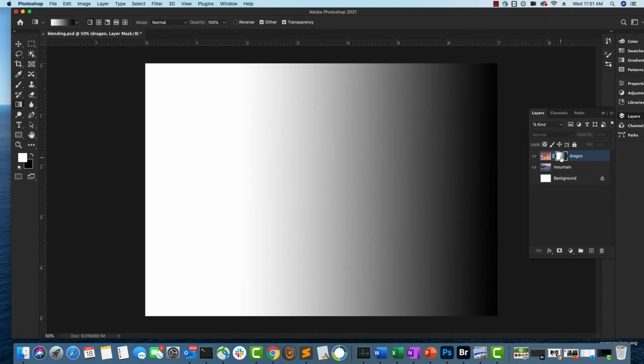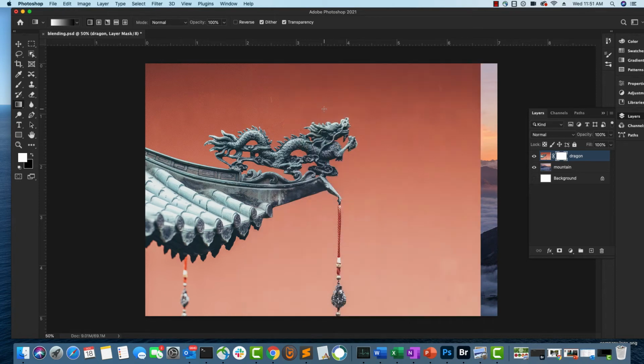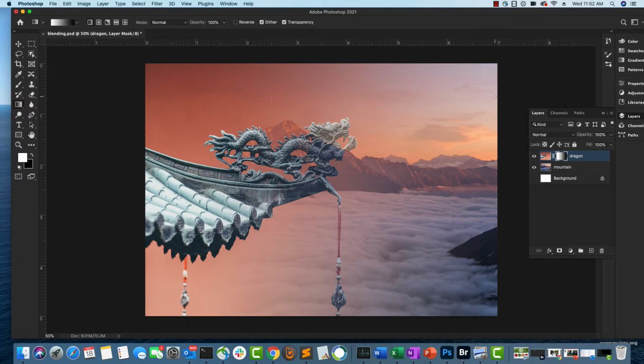Okay, I'm going to hit Alt and enter again, so it's going to reveal this. So now you can see the images are blended nicely. So you can control this blending. If you want to fine tune it, hit Ctrl Z so that you can start from the beginning, and you can control anywhere you want from. Let's say if you want to control from this part all the way to this, you can do that. You want to do it from here, you can do that as well. If you want to do it a little bit from here, you can do that as well. So this is about the linear gradient.